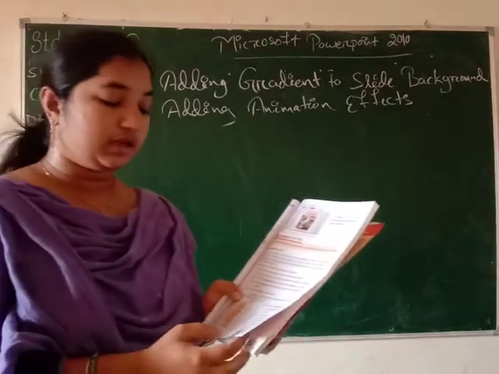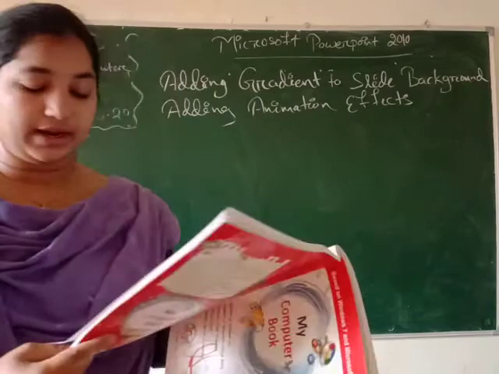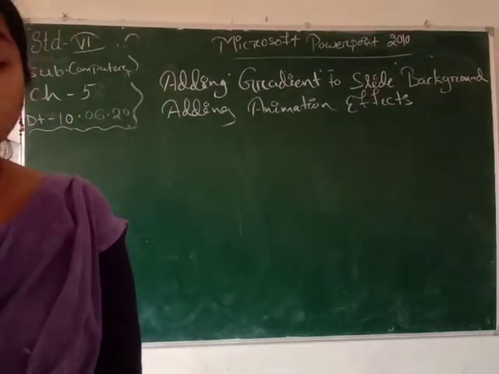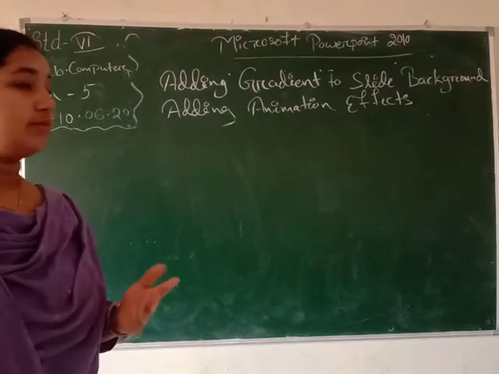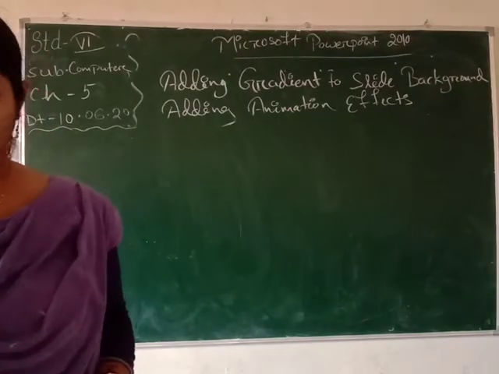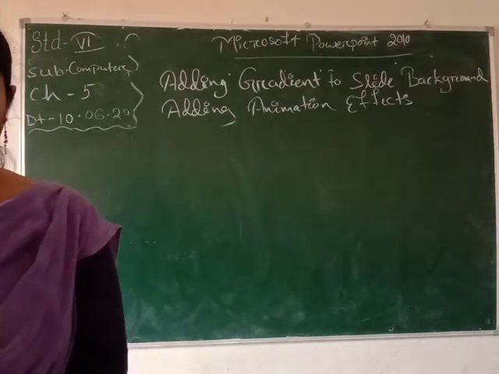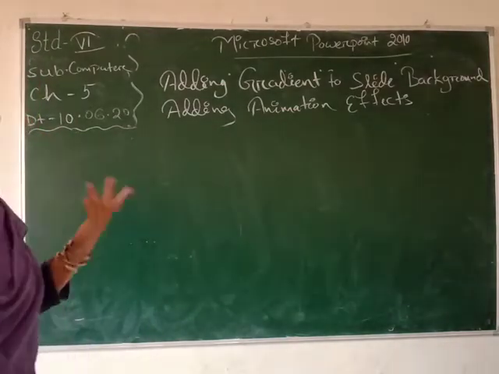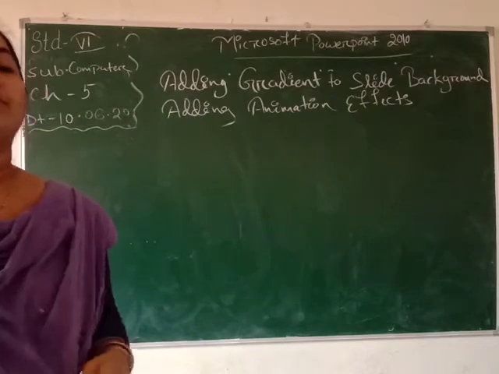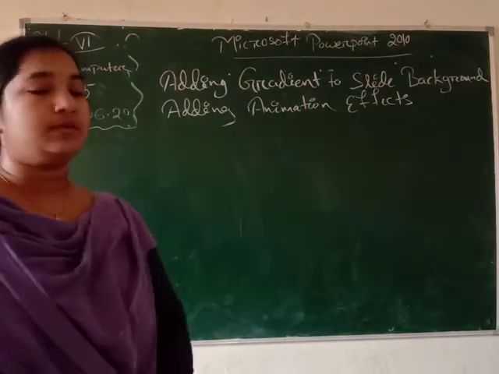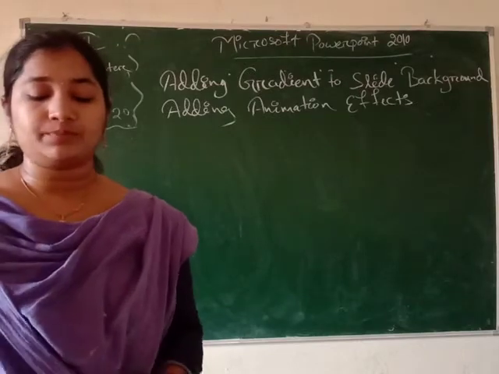Similarly, we can click on other parts of the slide and apply animation to them. Means when we choose one animation effect, if we like that animation, then we can again do the same steps for all the slides, and we can easily give the animation effects to all the slides.